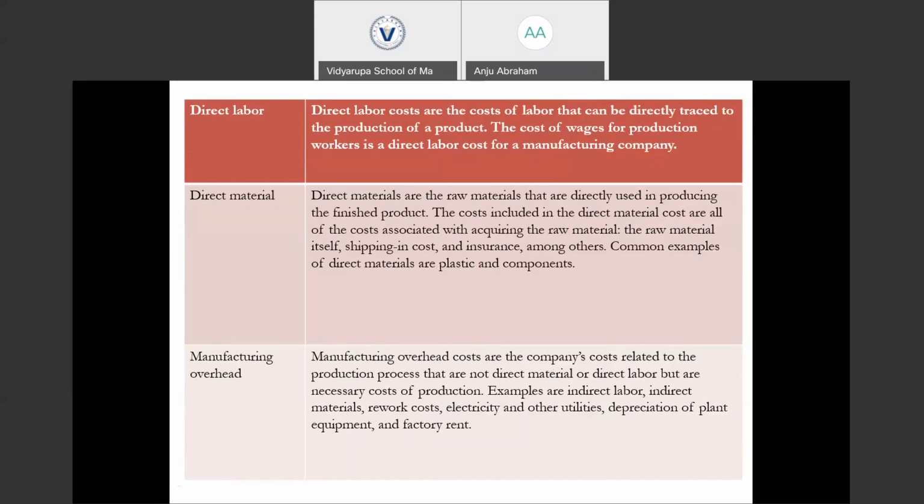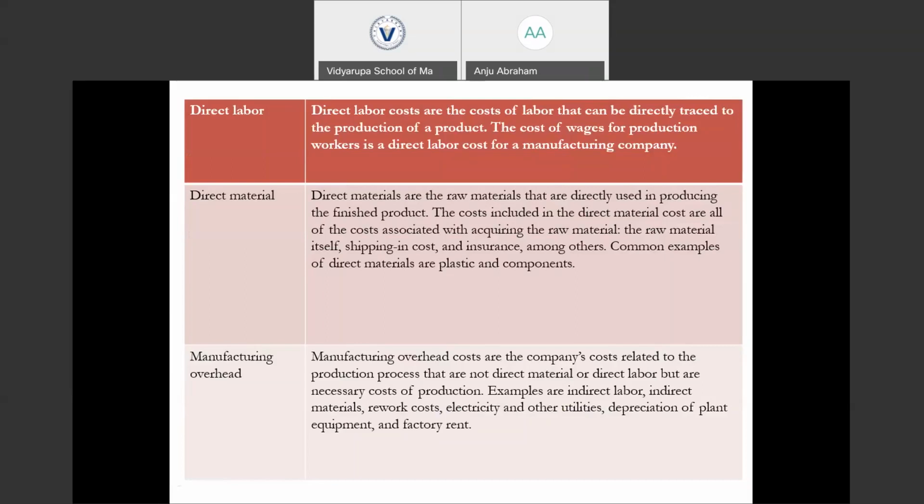Electricity and other utilities that are used in the factory building. In order to produce a product, certain amenities are required. The cost of those amenities is not directly traceable to a particular product, but is essential for carrying out that production. So that is the amenities cost. Then depreciation of the plant equipment: in order to produce a product, we need that equipment.